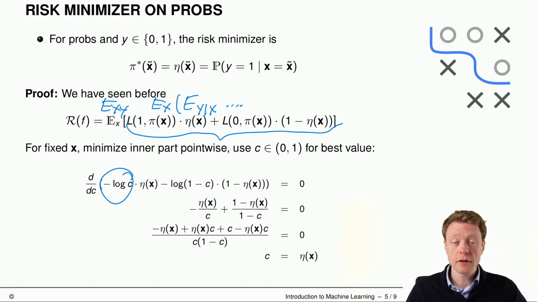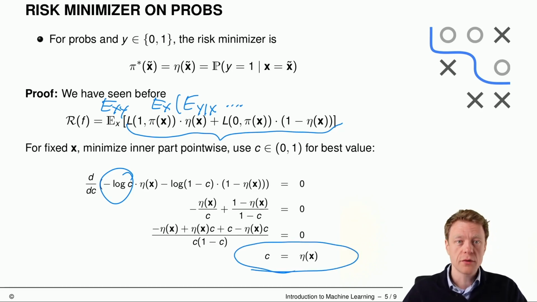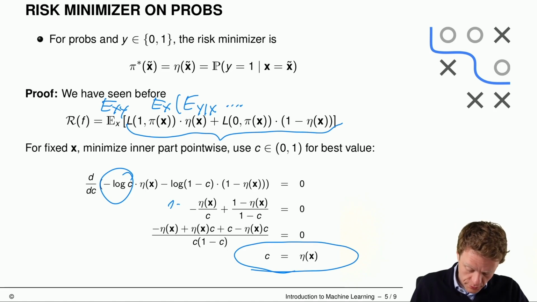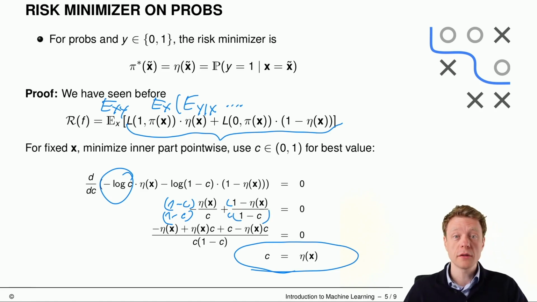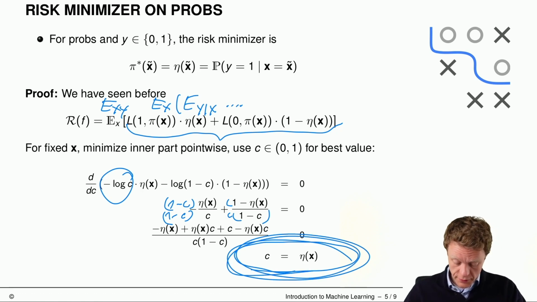Then we bring this on a common denominator, and then we solve it for c, and then we see that, well, that's pretty straightforward. I would say that just c is eta of x. Okay. So we multiply this with minus c here, with c here, and then you just have to multiply it out. And then that's it. The result is here that c is the true probability, which means, again, that the Bernoulli loss is a proper scoring